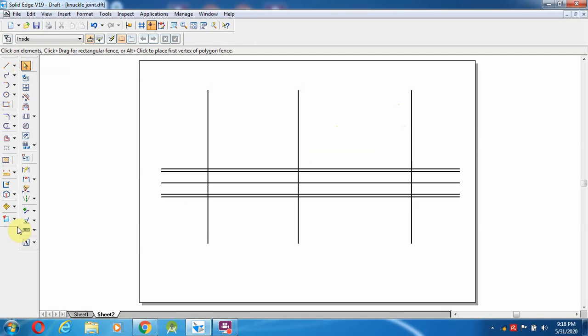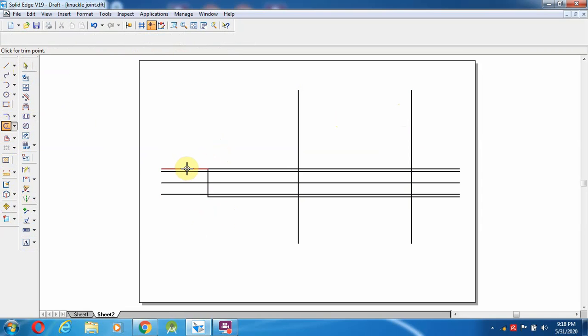After that I'm going to select the option called trim. So the trim I'm going to do first. Up to this it's coming over here. Okay, then here as well as in the top it is going to be removed. Same like on the other side also. So these are the basic steps I am going to do.